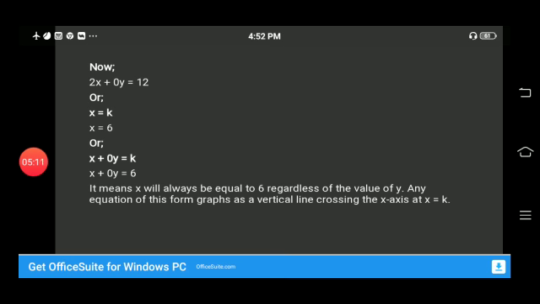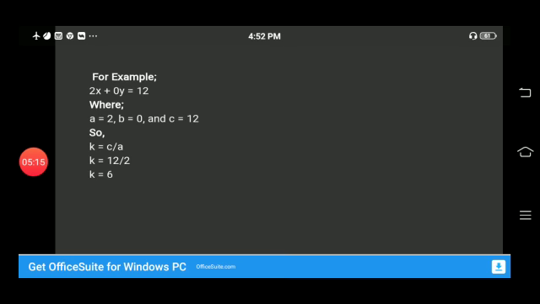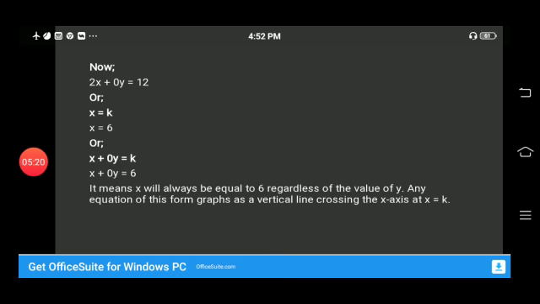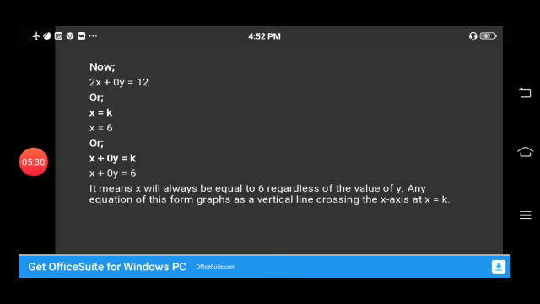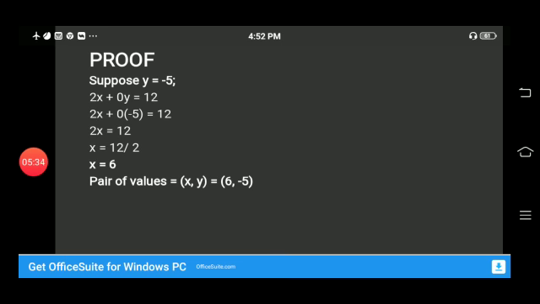Any equation in this form graphs as a vertical line that crosses the x-axis. So what would be the value of k? The value of k would be the value of x. So in this scenario, that would be a straight line, or a vertical line. The proof is that if y is equal to minus 5,